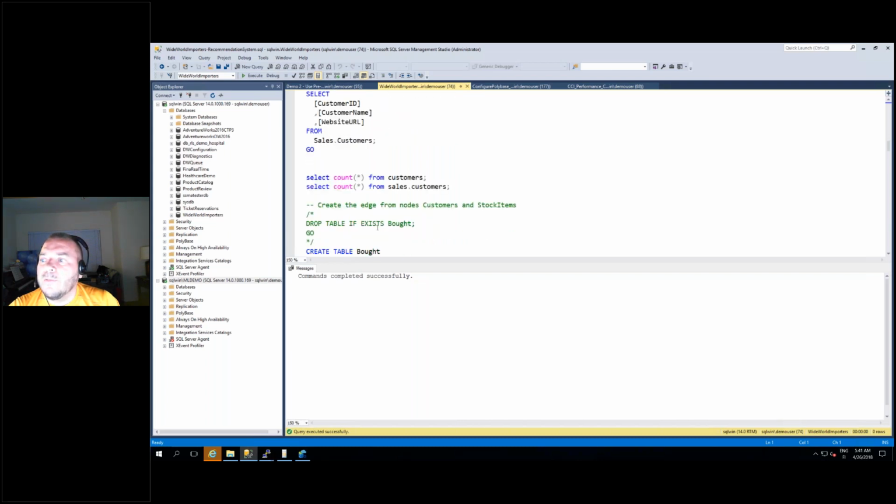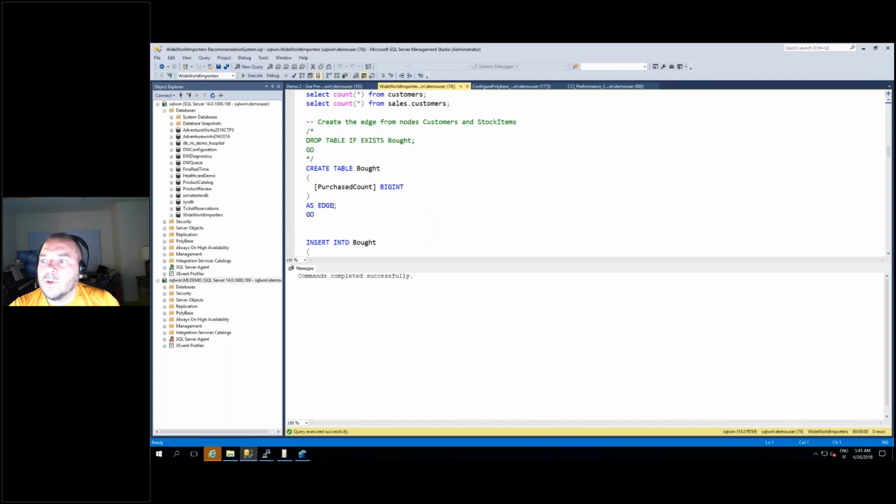And then we have edge tables, which are typically verbs, or they define the relationship between these entities. For instance, we have a table called bought that we define as an edge, and then we connect the nodes using the edges.